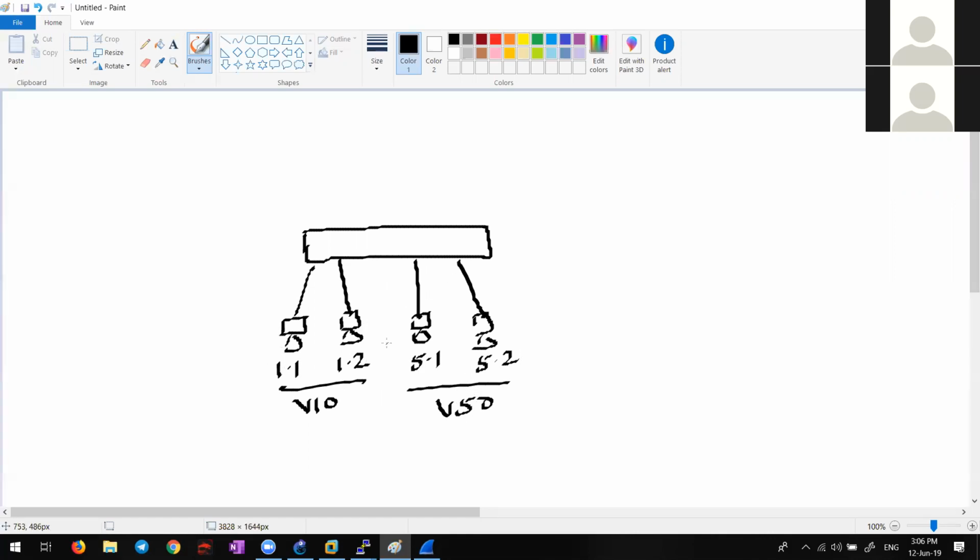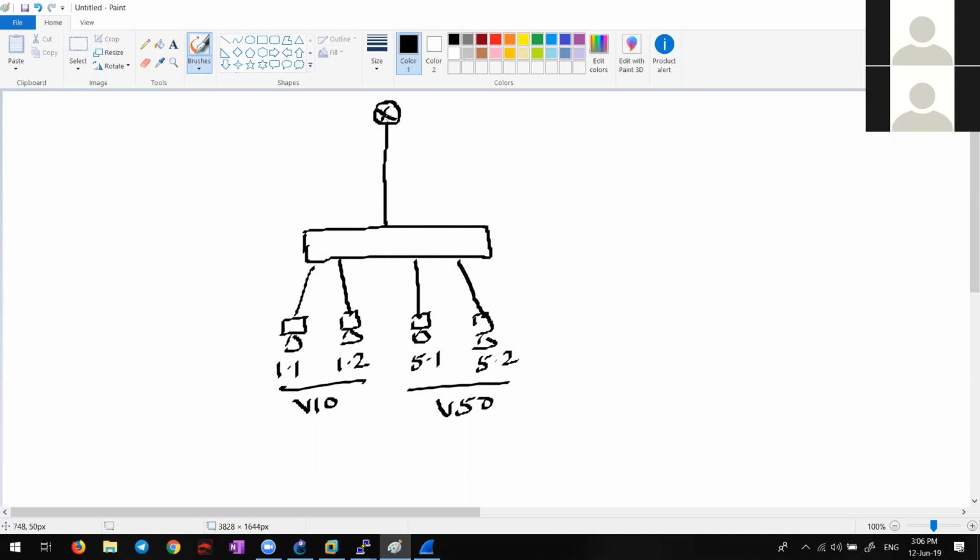If 2 different networks have to communicate, what do you need? Forget about VLAN and inter VLAN routing. If 2 different networks have to communicate, what do you need? A layer 3 device is required. That is what we are going to take. Router. Yes, router. So we'll take a router here.